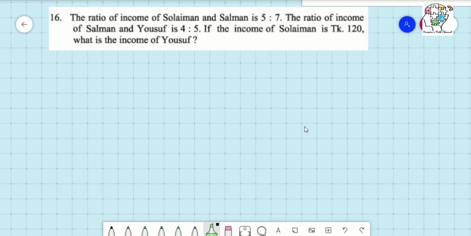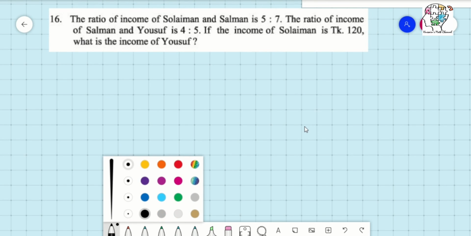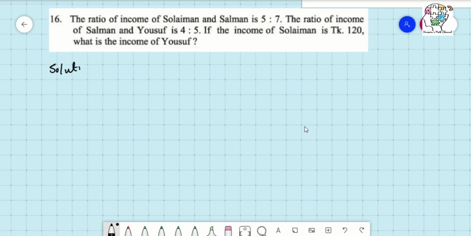So here at first we can make the successive ratio of these 4 quantities. That means we just do the solution. Sulaiman's money is to Salman's money